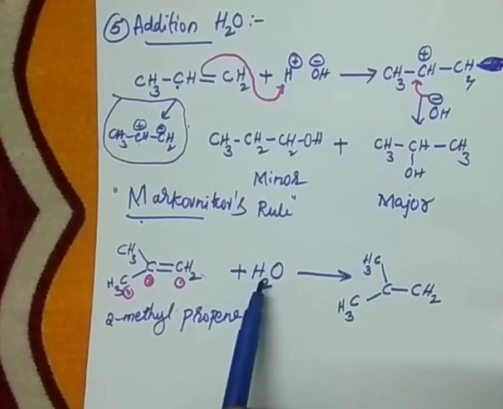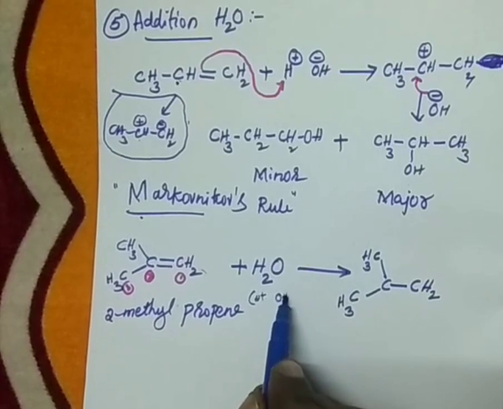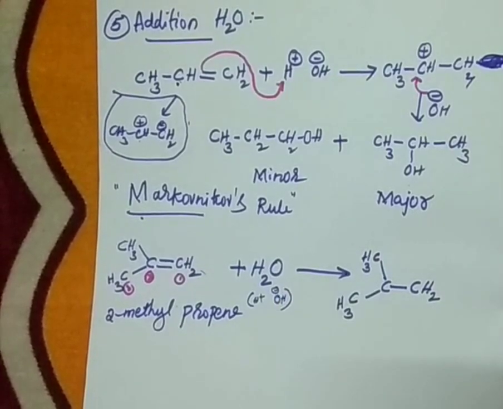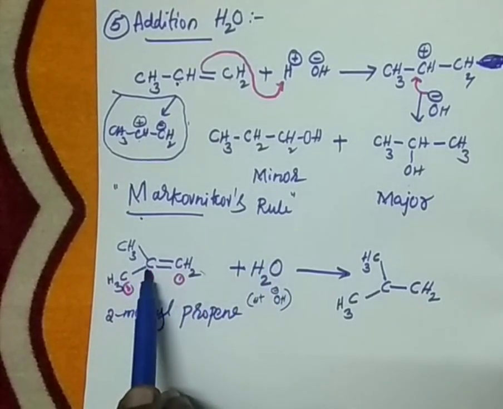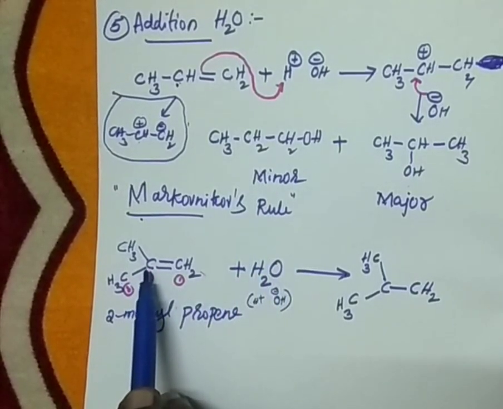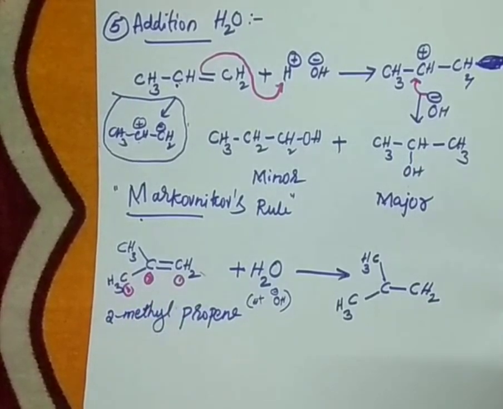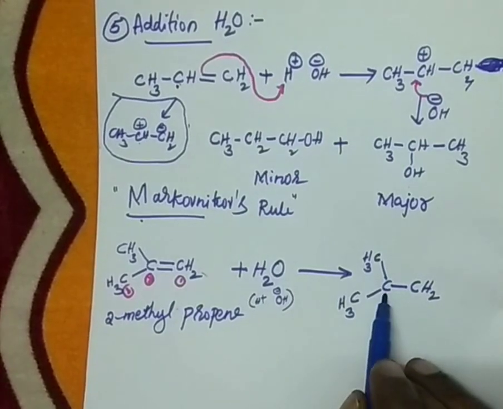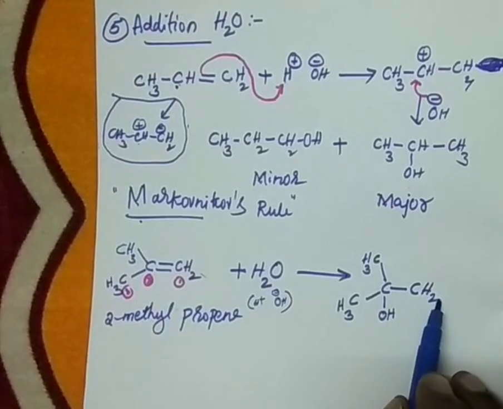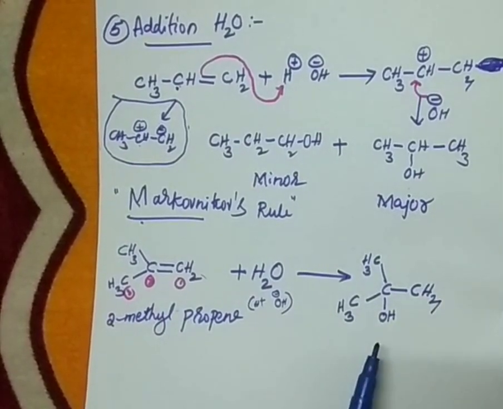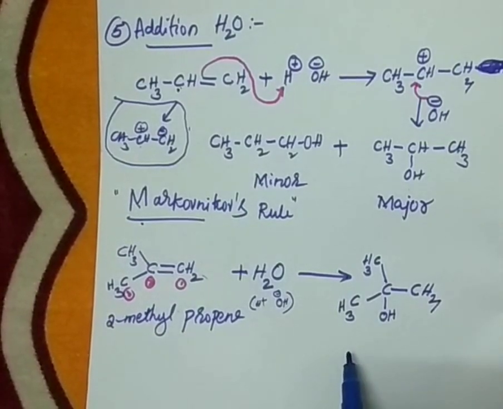Right? Now, you should keep in mind that H plus and OH minus are the cation and anion. And you should write this OH minus onto the carbon having less number of hydrogen. This carbon has 0 hydrogens and this carbon has 2. Therefore, this carbon is having less number of hydrogen. Therefore, my OH will add onto this and H will add onto this carbon. Therefore, may I write like this? So, this is the product. Therefore, addition of water onto olefins will give you alcohols.